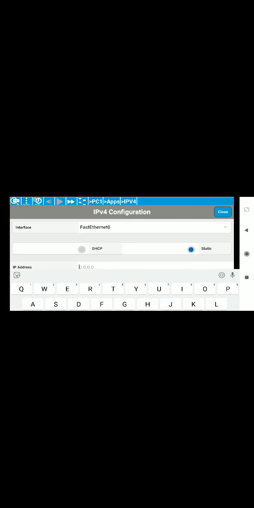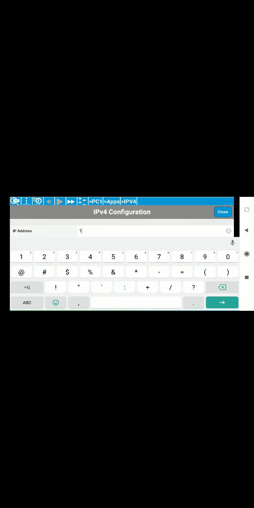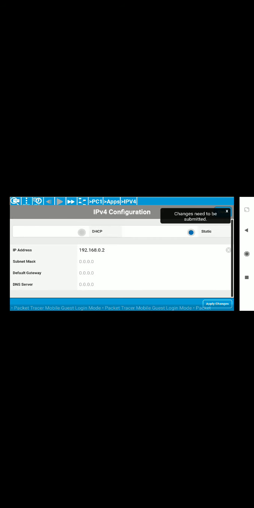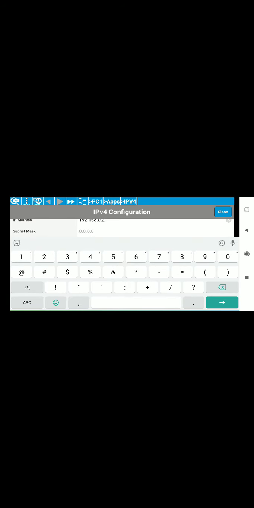Okay, similarly configure PC1. Click on desktop, click on IPv4 configuration, then write the IP address, that is 192.168.0.2. So this is the IP address for the second PC. Then the subnet mask is 255.255.255.0.